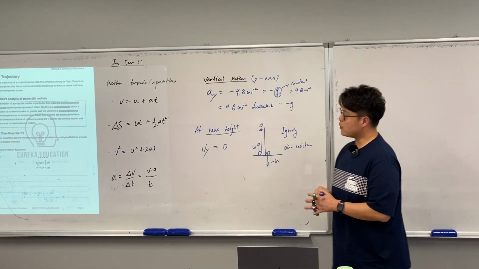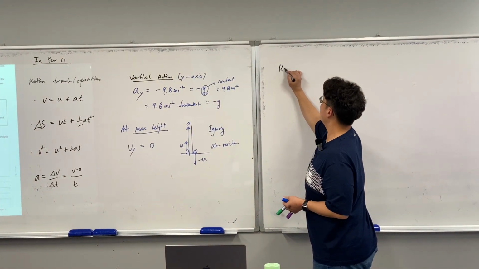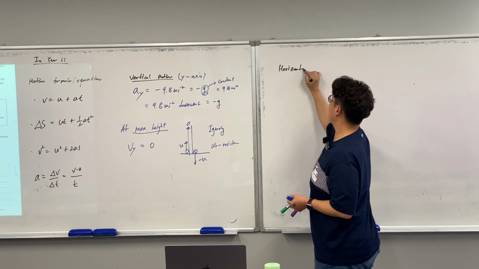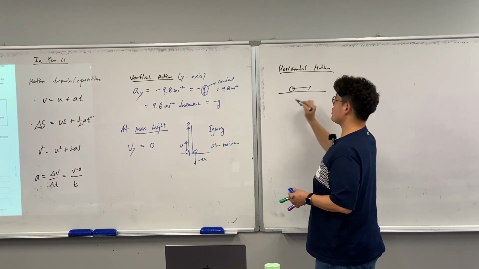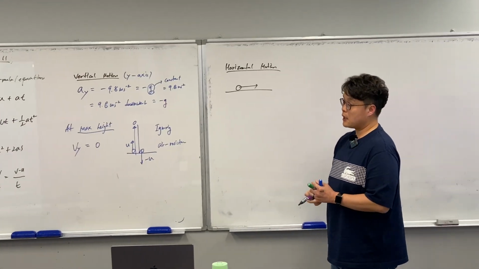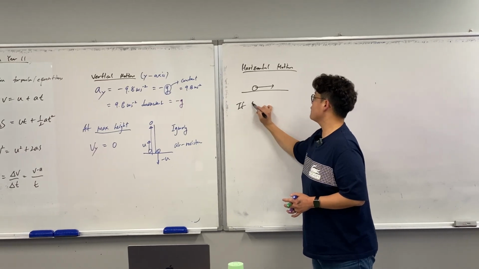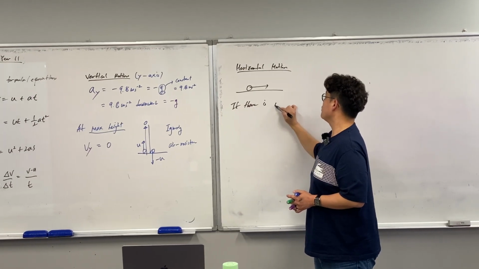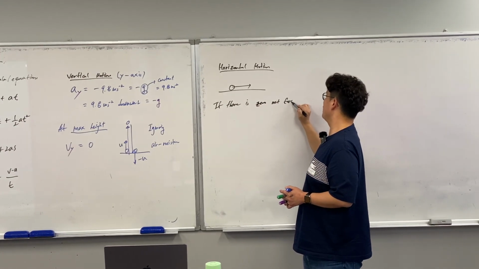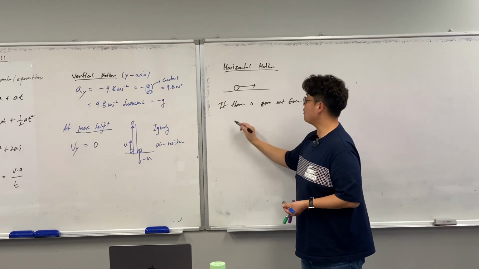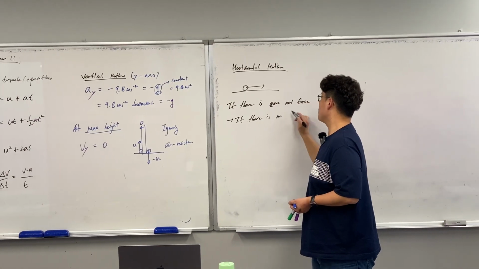Okay, now what about horizontal motion? Horizontal motion simply means when something is moving horizontally like that. In the case of horizontal motion, if there is zero net force applied here, or in other words, if there is no resistance in the motion,